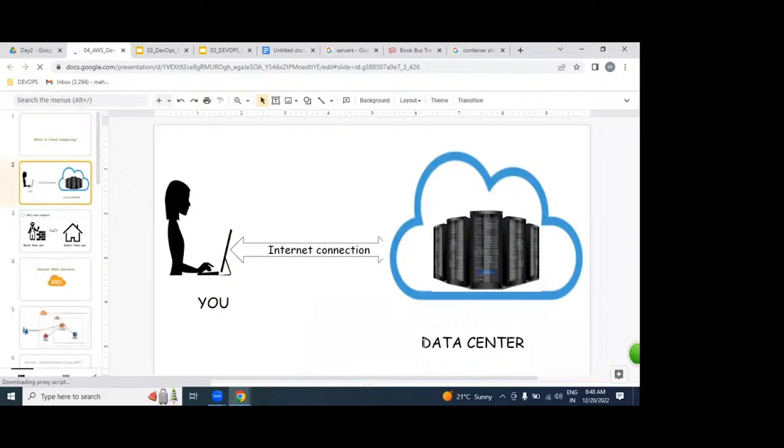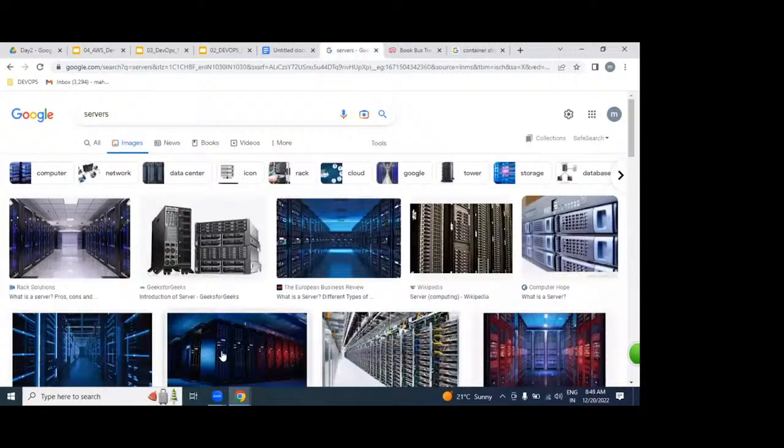What is a data center first? Please tell me. Huge computing power kept rack-wise in a big room, we call a data center. This data center is located globally: in Mumbai, in Hyderabad, recently they are launching in Vizag also, in the US, Singapore, UK, London, Sydney. AWS has expanded its infrastructure globally.